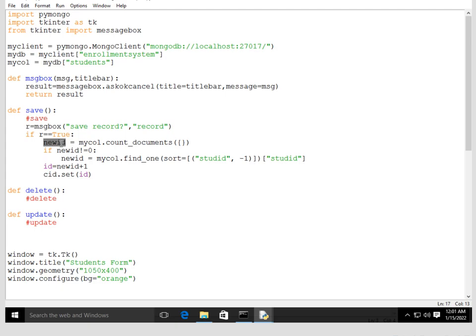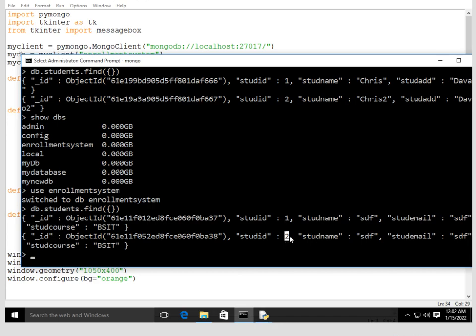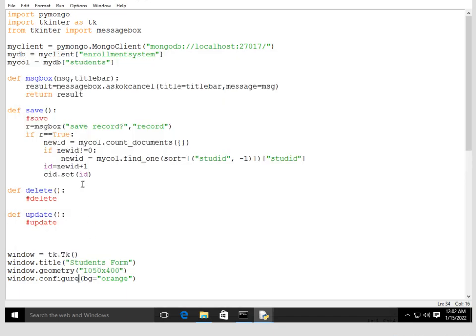So the purpose of this is, if you have no records, we don't have to run this statement. We simply perform this statement without running that one if we don't have any records yet. So this will become 0 plus 1, so our ID is 1. If you have a record already, new ID is equal to the largest student ID. For example, if the largest student ID is 10, new ID will become 10, and new ID plus 1 means ID is 11. So 11 is the value that will be assigned to our CID